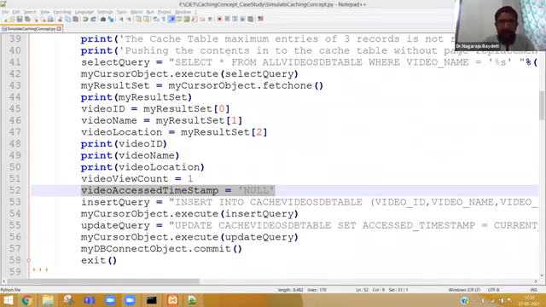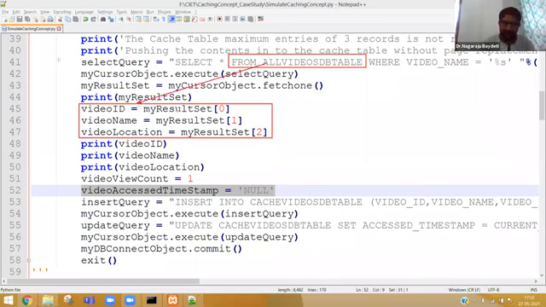From the all videos data table, I am getting a result set, and that result set will give me video ID, video location and video name.